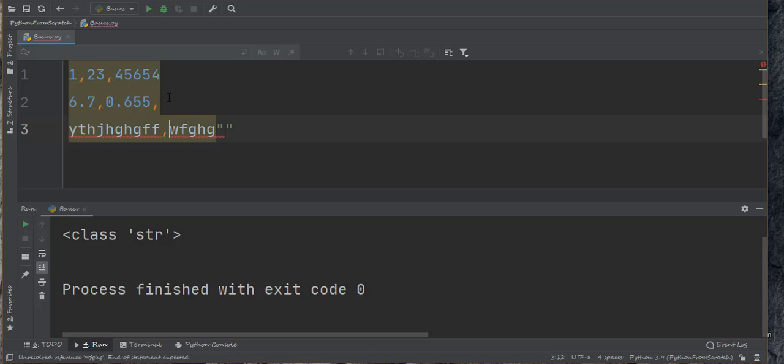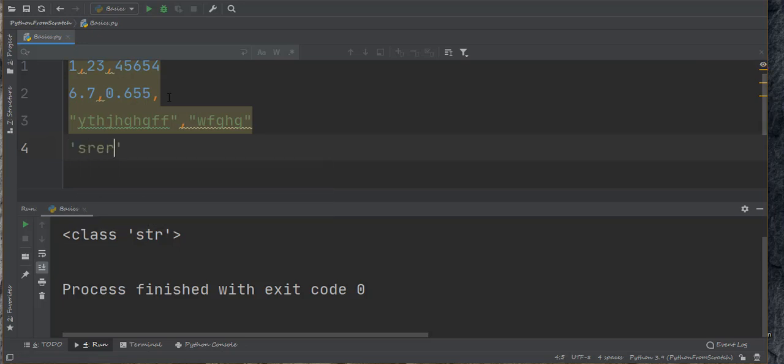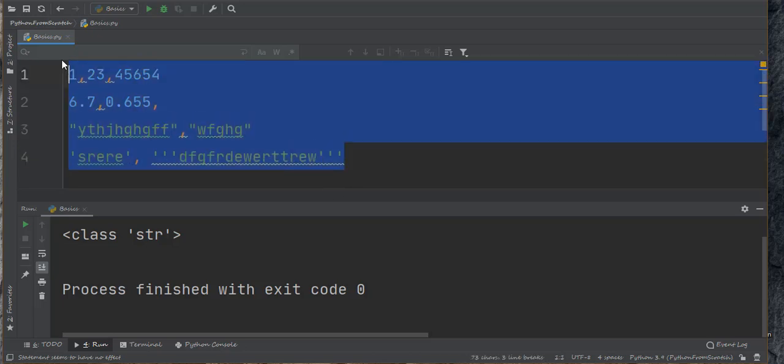Anything written between double quotes is a string, or single quotes, or triple quotes. Yes, in Python we can write a string between either single quotes or double quotes or triple quotes. This is also a string and this is also a string. I'm going to show you by passing all this to the print function.